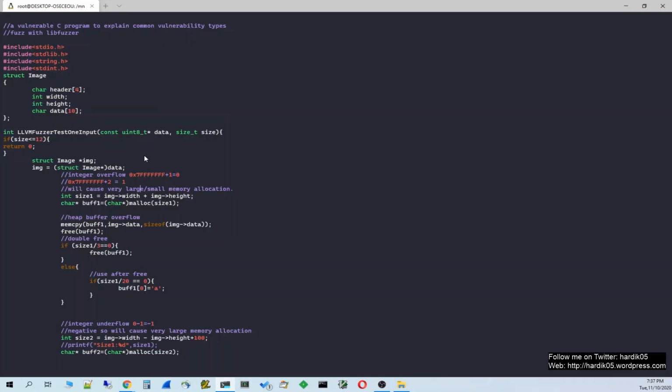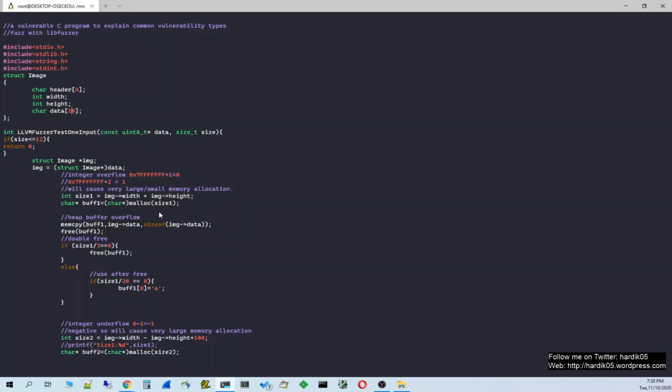You can see that inside that I have used some pointer typecasting to convert this data to our image structure format, and then I'm trying to read different values like image width and image height, and then it is performing some operations like adding width and height, and then it is calculating the size. Later on it is allocating some memory using a malloc call, and then it is trying to copy some data which has been read from the data passed to this function, and we have converted it to the image.